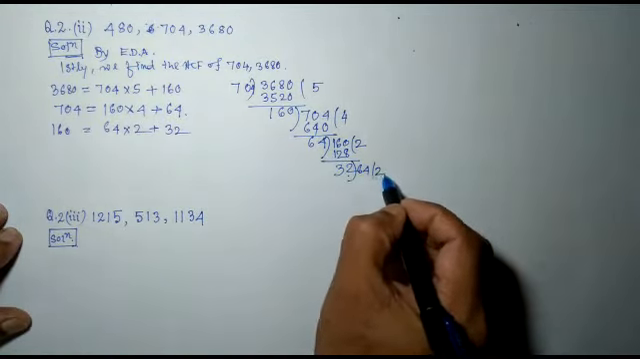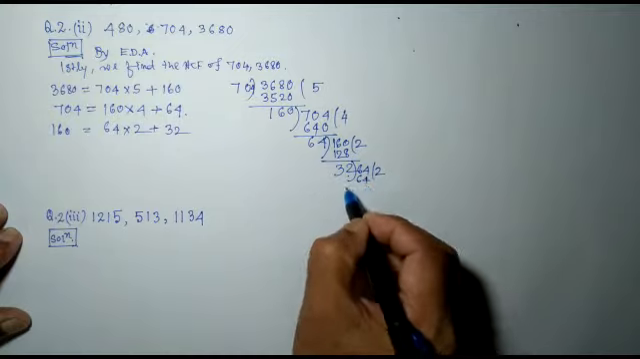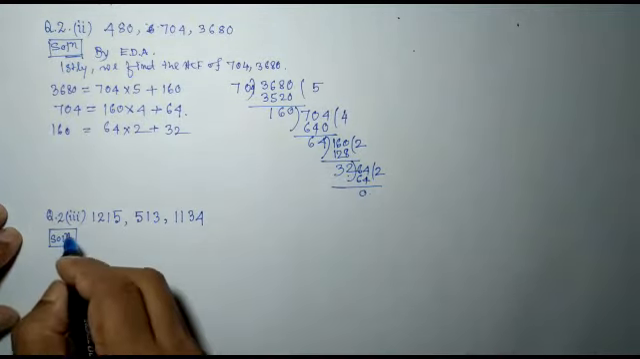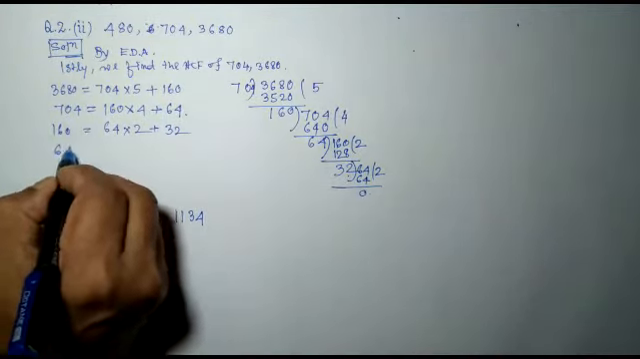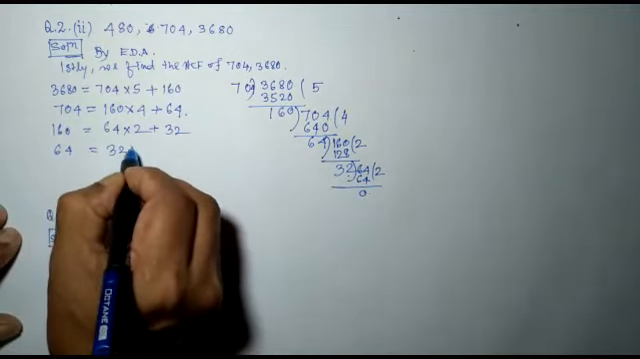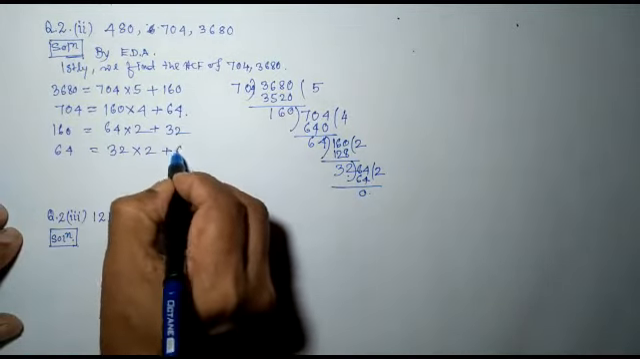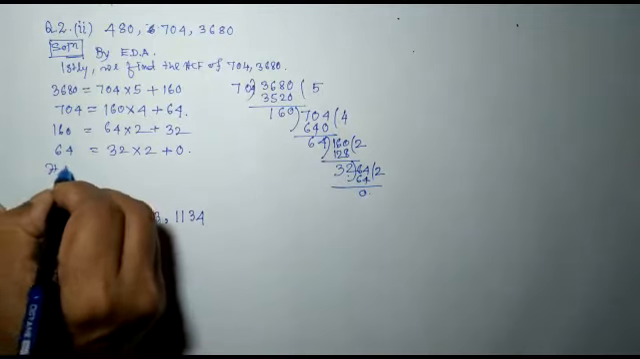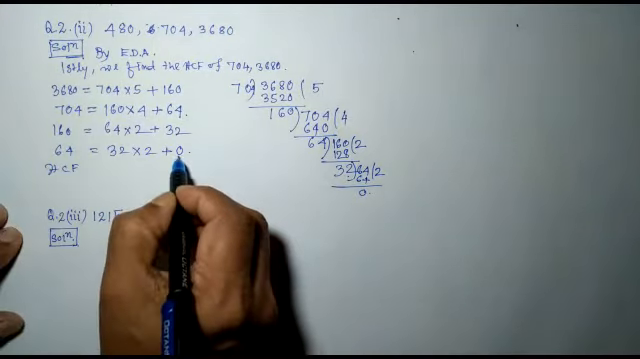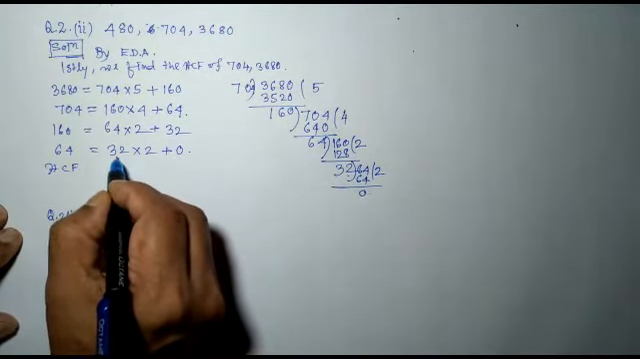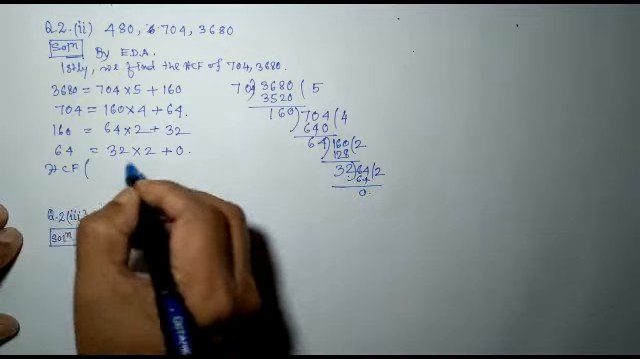It is 2 times again, we get here 64 and the remainder is 0. So we write here 64 is equal to 32 into 2 plus 0. So we have got the remainder 0. So the H.C.F is 32. So we can write H.C.F of these two numbers